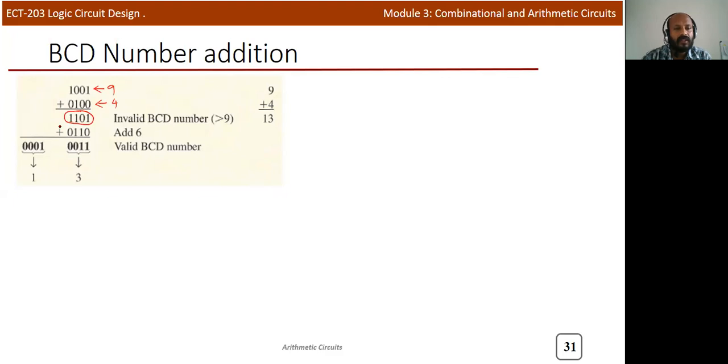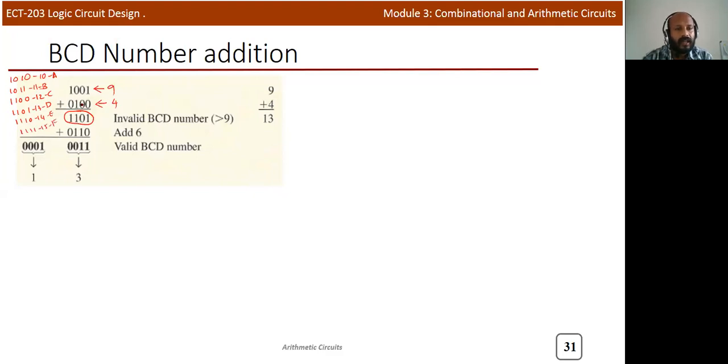So 1010 is 10, or in hex you can write A. 1011 is equal to 11, or you can write B. 1100 is equal to 12, and will represent C. 1101 is 13, which is equal to D. 1110 is 14, will represent as E. 1111 is 15, and will represent as F.